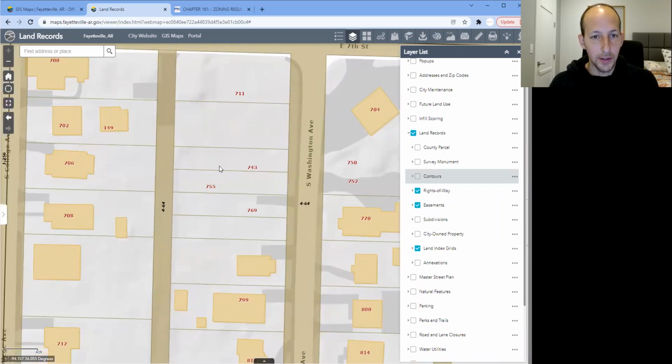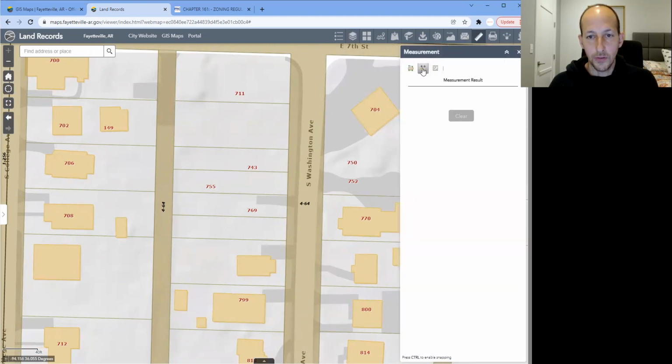So you bring up the GIS site, and typically there is a way to do some measurements. I'm going to first look at what it measures. From corner to corner it is 100 feet, and from front to back it is 130 feet. That gives you just a basic idea of what it looks like. Now there's a street right here, Washington Ave, and this is an alleyway. And next, after I take a look at the overall measurements, I can look at the